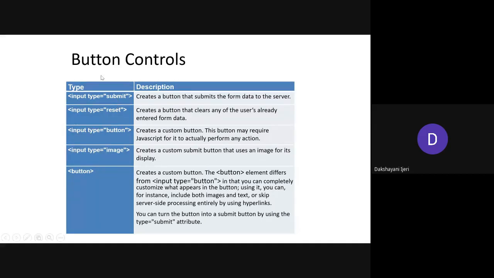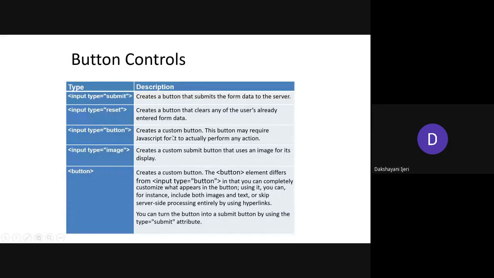Right now you are not going to see any difference over here, but we'll see how to create these buttons. If you create the reset button and click on reset, whatever values have been filled by the user on that form will be deleted. It will be reset, and it will wait for new data to be filled by the user. Okay, so input type is equal to button is going to create the custom button,